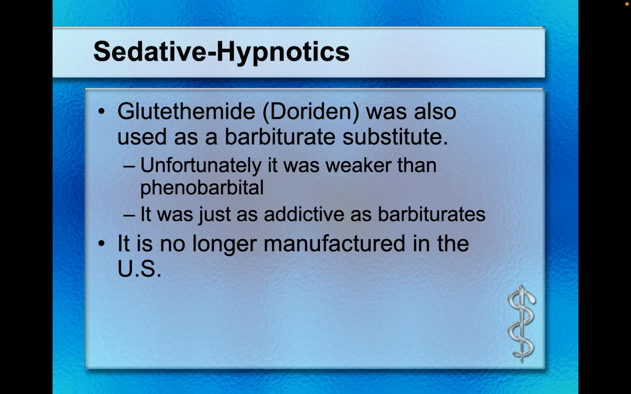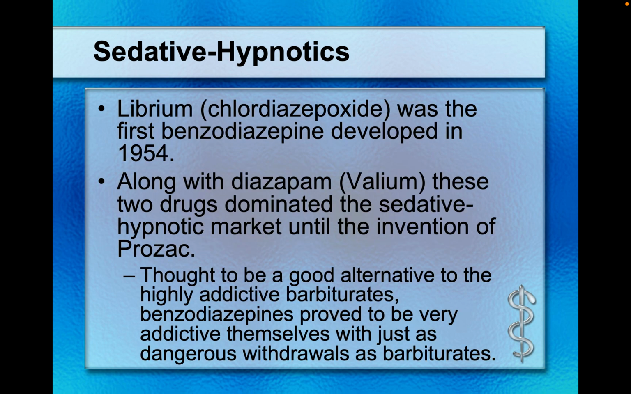Glutethimide, or Doriden, was also used as a barbiturate substitute. Unfortunately, it was weaker than phenobarbital. It was just as addictive as barbiturates. Of course, Doriden is no longer manufactured in the United States or used in the United States because of those facts. Librium